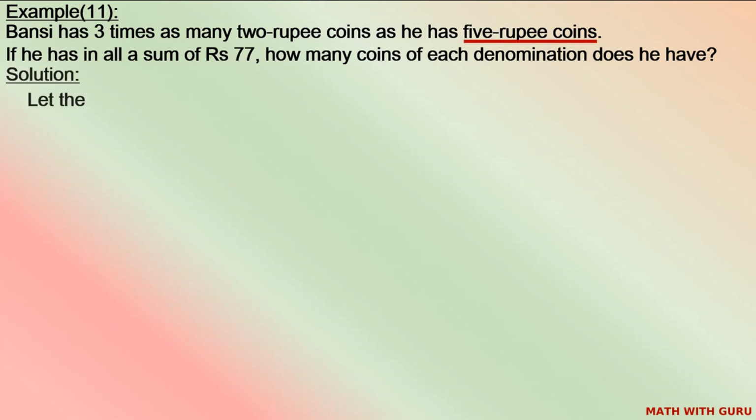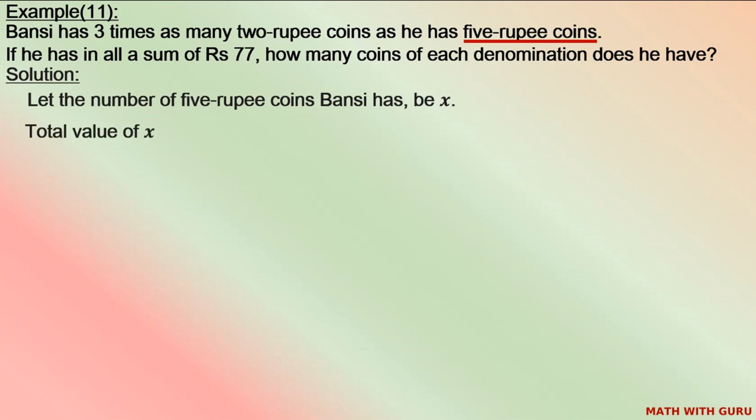Now, let us take the number of 5 rupee coins as x. Total value of x coins equals x into 5. The value of each coin is 5 rupees. Therefore, total value is x into 5, that is 5x rupees. Now,